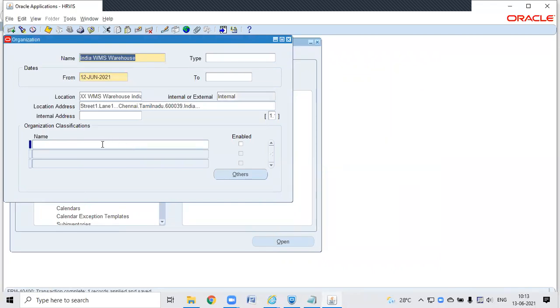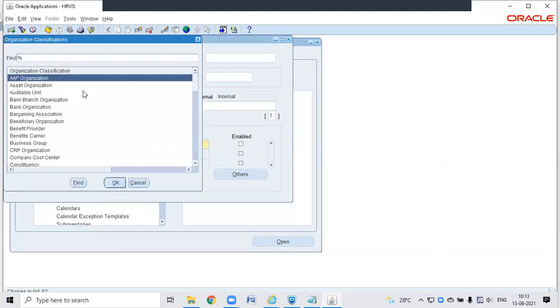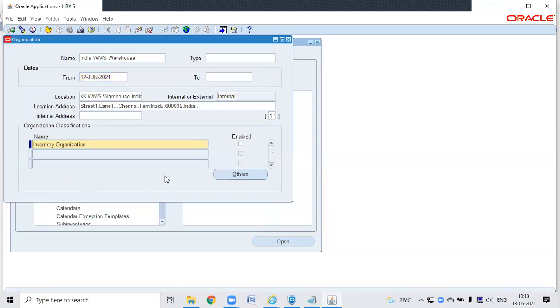Okay. If it is a different kind of organization, like an operating unit or something, you need to add a lot of HR information and other things. I am not adding all the information, but there are multiple fields you can add. If it is a business group, you have to give the business group information, or if it is an HR organization, you have to give all that information. But I am just adding the inventory organization, which is the basic requirement for this particular setup.